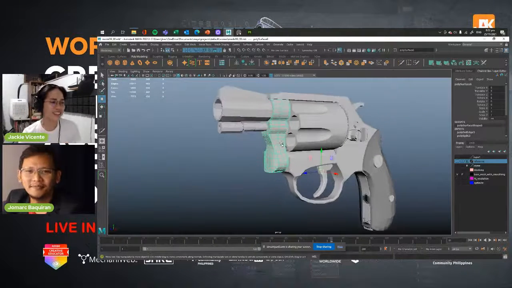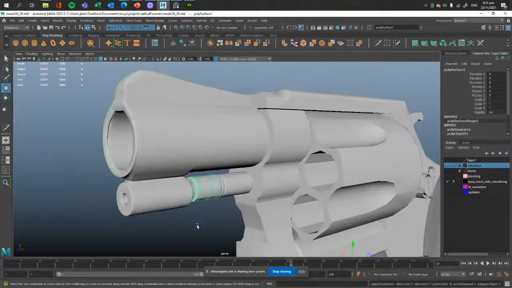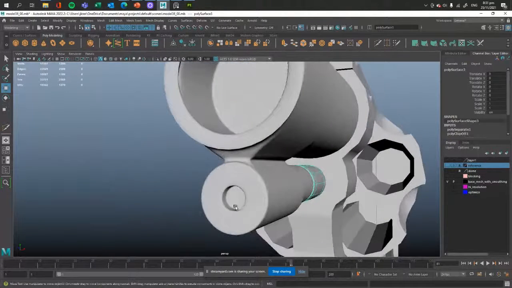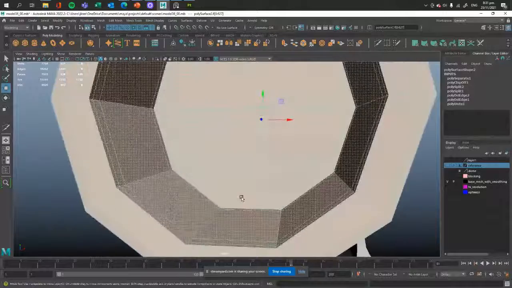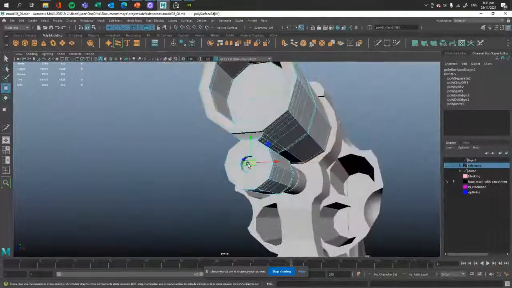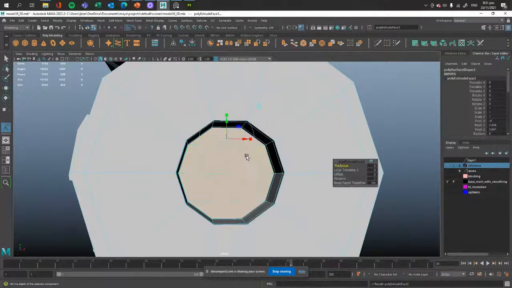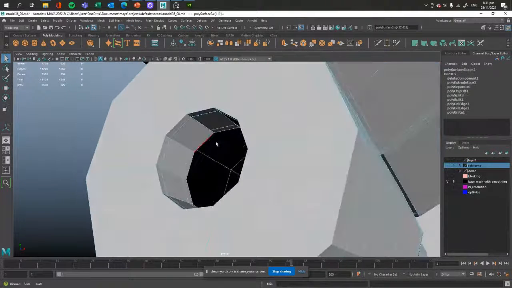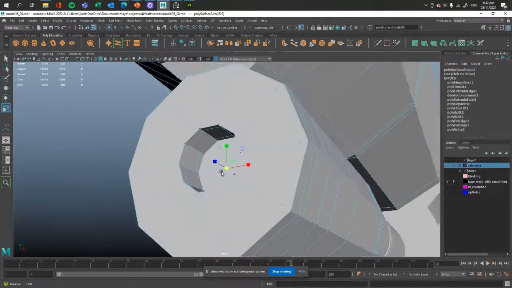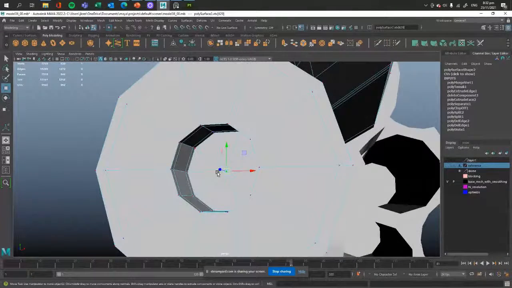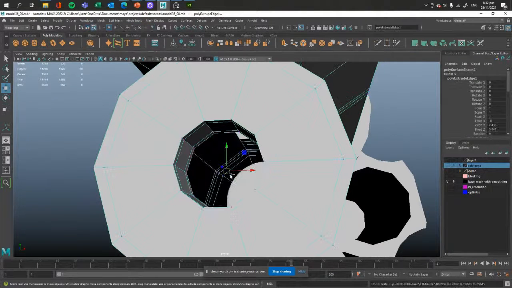Okay. So yeah, once we're done with the blocking and then adding a lot of edge loops in preparation for the high resolution, we even make sure that the insides are like this, not like this. Let me just delete this. Let me just extrude. We're trying to avoid this. What do you call this? Star shape. We're trying to avoid this. Rather, we use